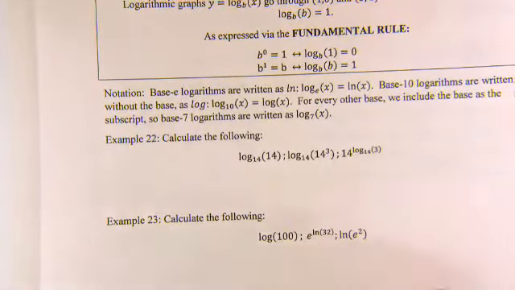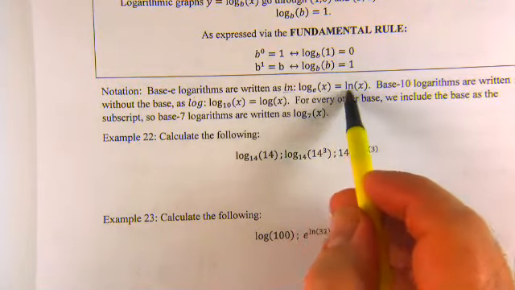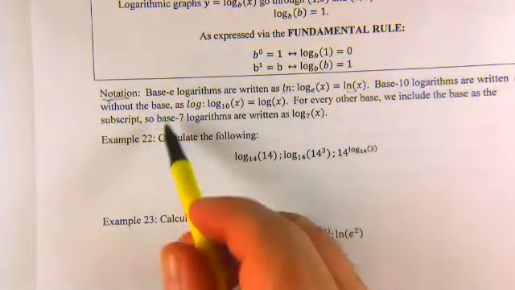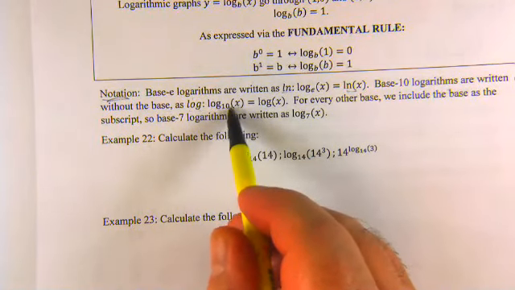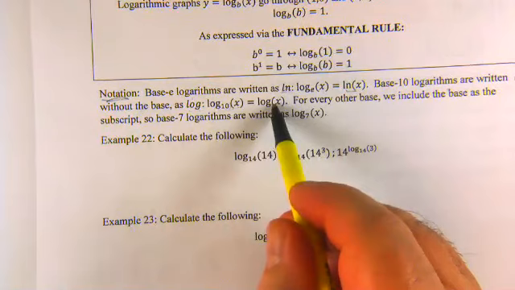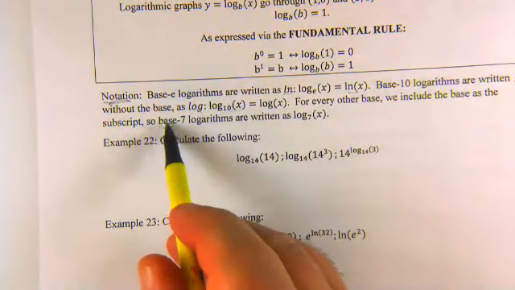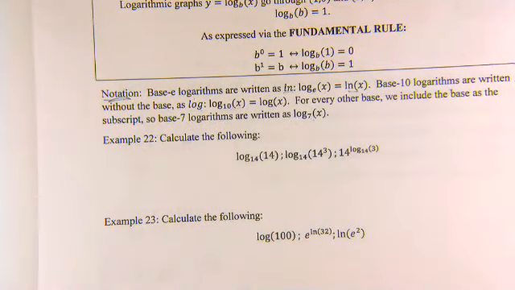As we noticed before, base e logarithms are written as ln. So log base e of x is ln x. This is a notation. Base 10 logarithms are written without the base as just log. So log base 10 of x, we usually don't put the base there, it's just log. For every other base, we include the base as a subscript. So base 7 logarithms are written as log base 7 of x. So to calculate the following,